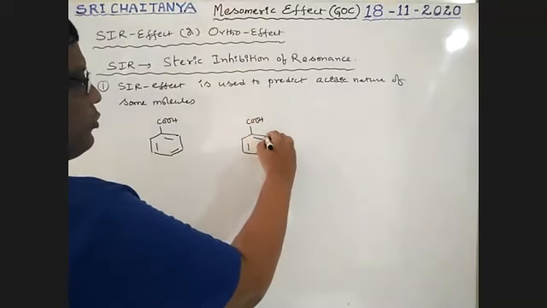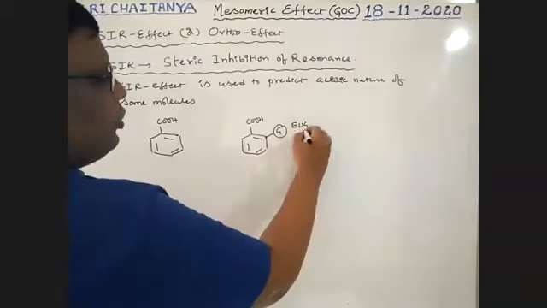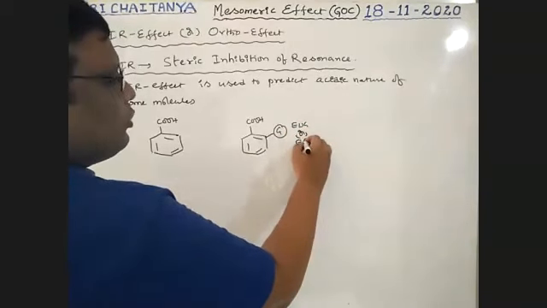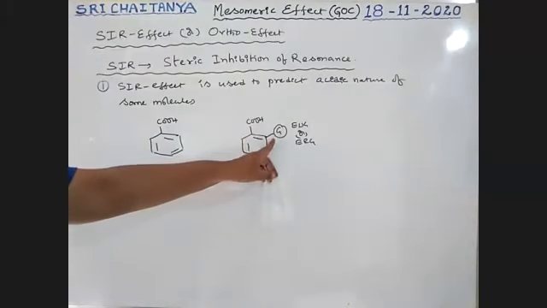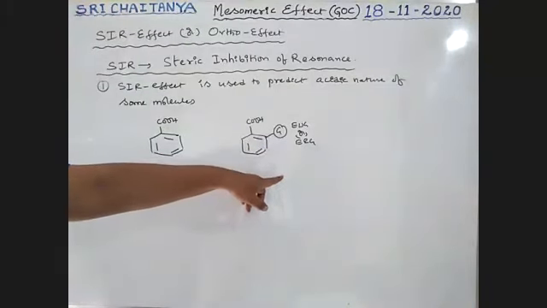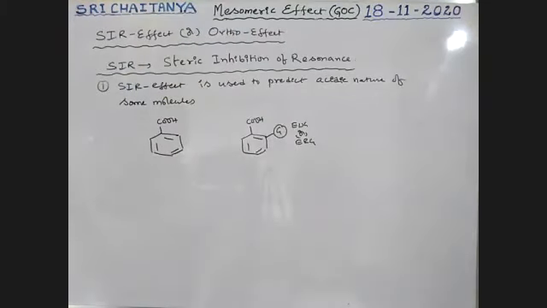This is COOH, boys. So it is a group. Either this group is an electron withdrawing group or an electron releasing group. See, boys, it is at the ortho position. That's why a group at the ortho position affects the properties. That is why this effect is also called the ortho effect.